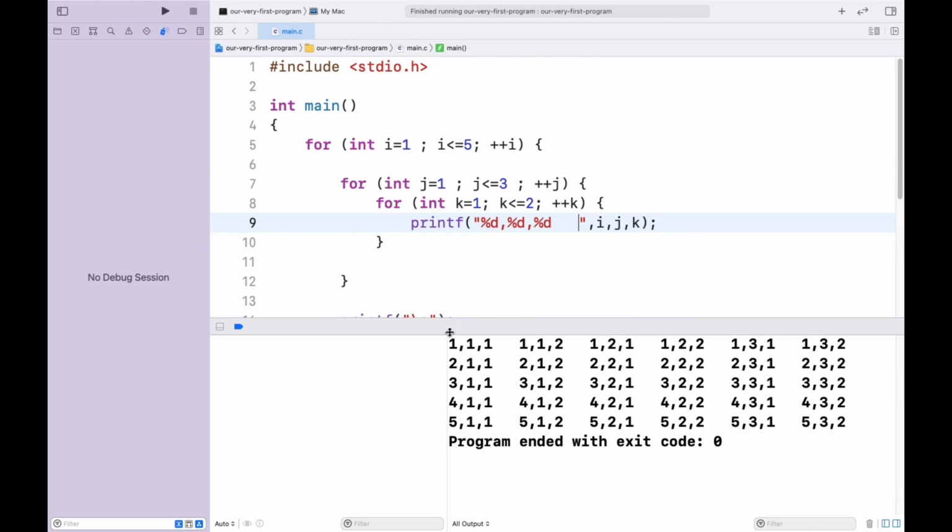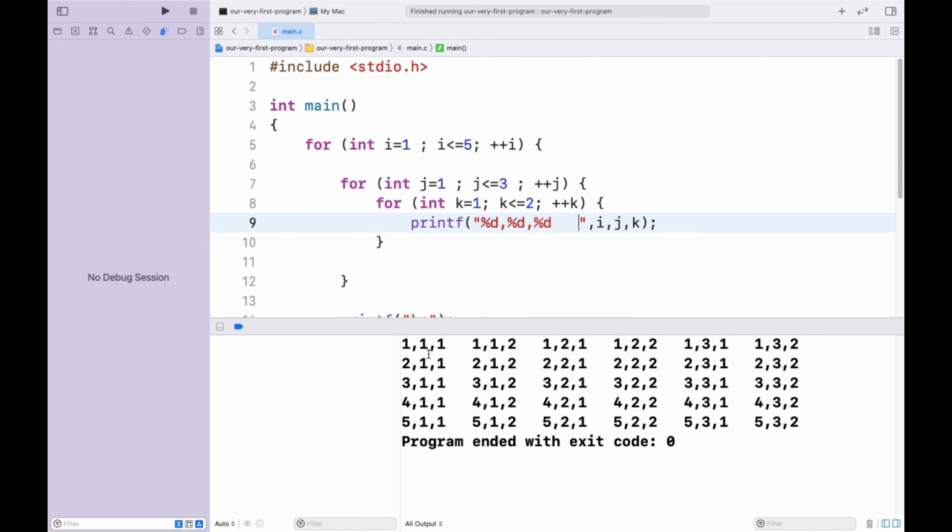You can see here again that we are getting 30 outputs. You can calculate it: 1, 2, 3, 4, 5, 6, and 1, 2, 3, 4, and 5. That is basically 6 times 5, which is 30, and you can calculate it here. This loop is going to get executed 5 times, then 3, and then 2.